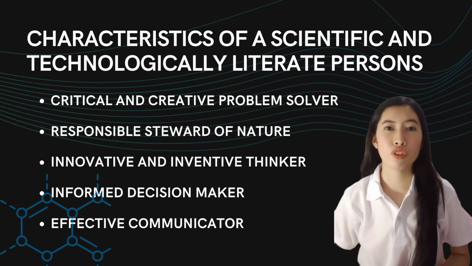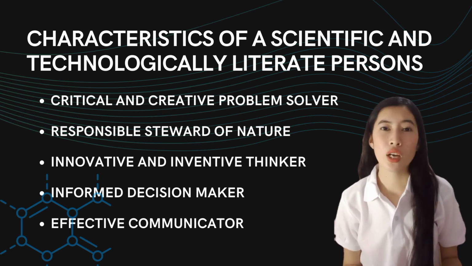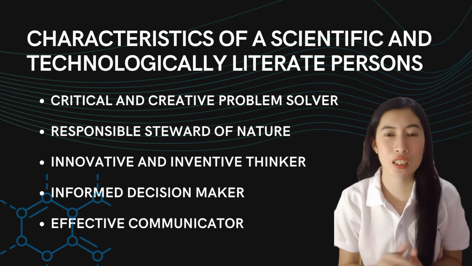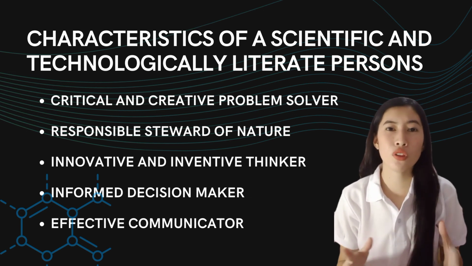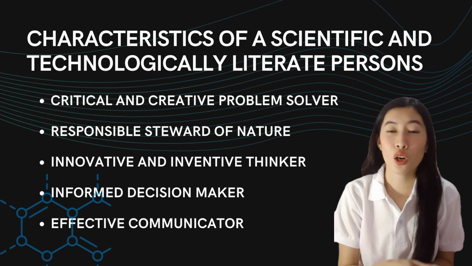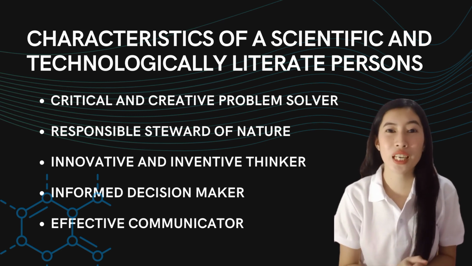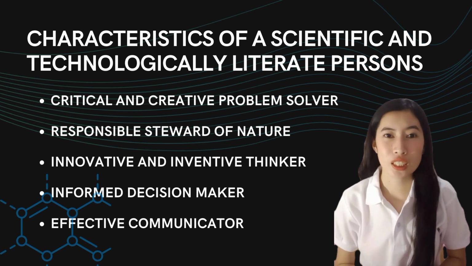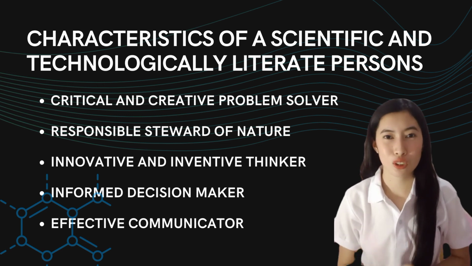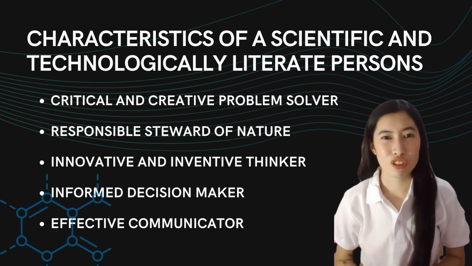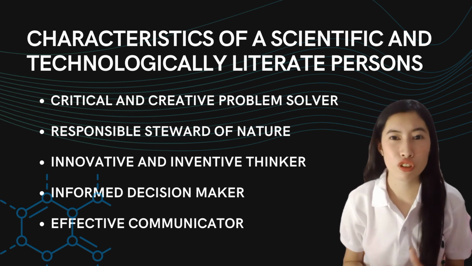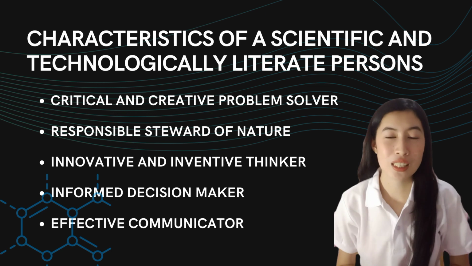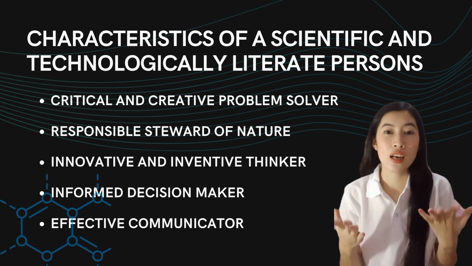Letter D. Informed decision maker. We need to help the child learn independently, because allowing an individual to decide on his or her own, they could take their own responsibility or take risks. Letter E. Effective communicator. Of course, communication is the key. Effective communication will have a ripple effect on the relationship inside the classroom. That's why we need to have a communication